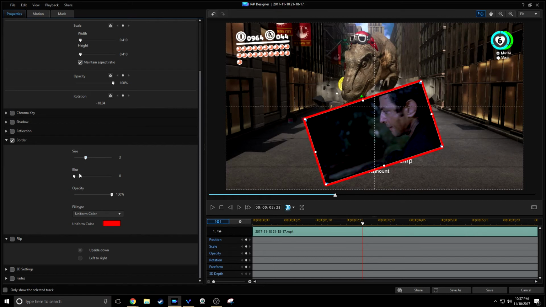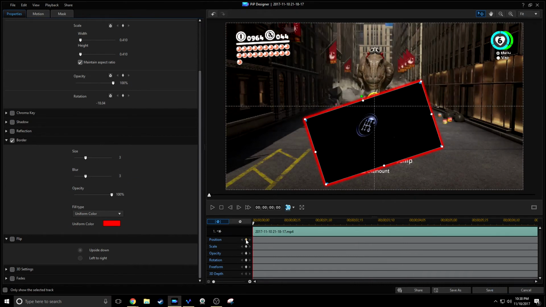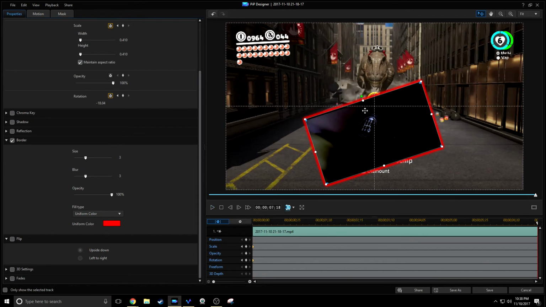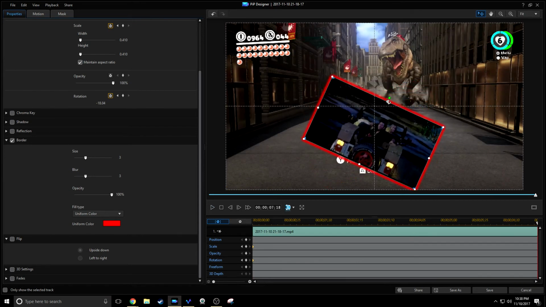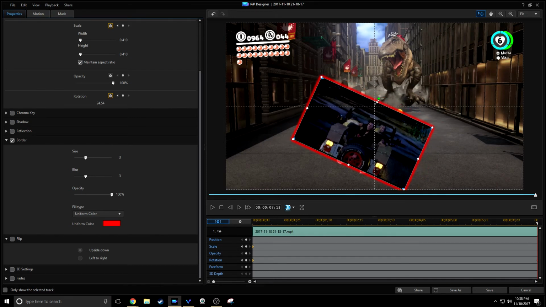Let's see. Do we want to blur it? I think we'll just keep it like this. I don't know. Badger did the same thing, I don't blur everything, though I might want to stay consistent. So let's have a tad of blur right there. So we're going to have scale and rotation, and then over the entire thing, it's going to do this. Oh, that'd be kind of funny if it was right there, and then